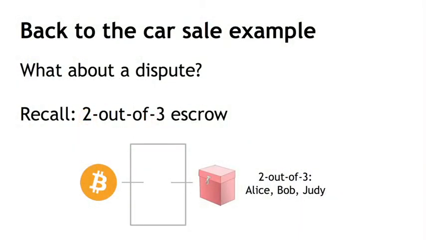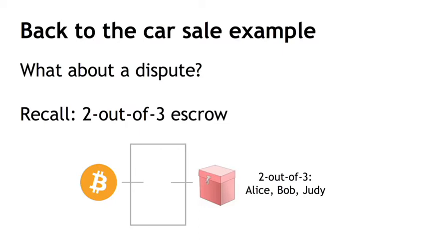So the buyer is going to transfer Bitcoins not directly to the seller, but instead to a 2 out of 3 address, which is controlled jointly by the buyer, the seller, and some mediator or a judge. And the 2 out of 3 account has a property that if any two of them agree, then they can get the payment out of this intermediate holding address and get it back to either the seller if the transaction goes through smoothly, or back to the buyer if there is a dispute and the transaction needs to be reversed. But in no case to the mediator's account, they can't steal the money.